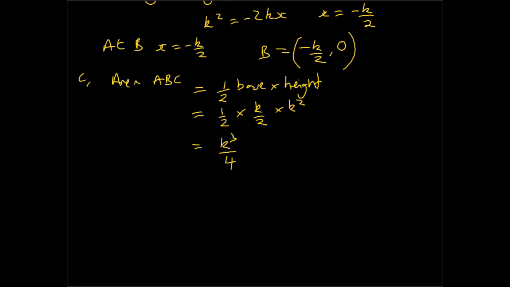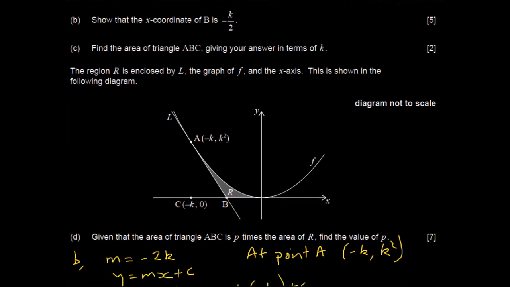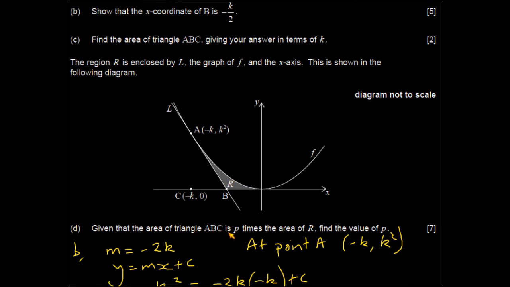Alright, next it says the region R is enclosed by L, the graph of f, and the x-axis. This is shown in the following diagram. Okay, so I've got my diagram here. And it says, given that the area of triangle ABC is P times the area of R, find the value of P. So what I need to do here is work out the value of this area here. If we consider this entire area under the curve here, that area is going to be the integral